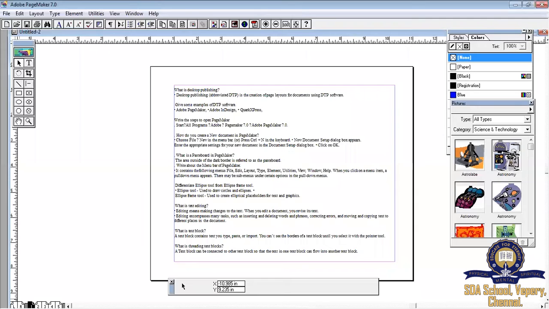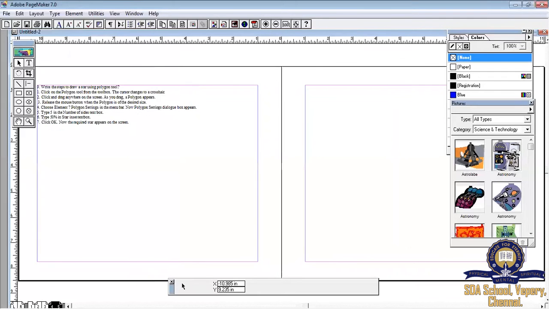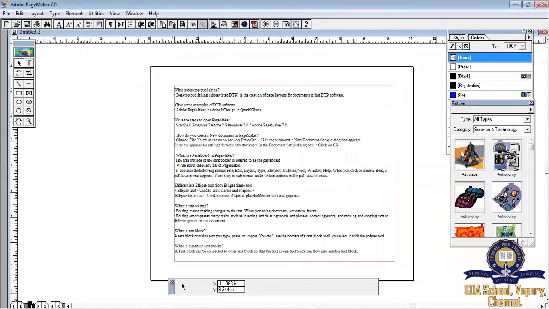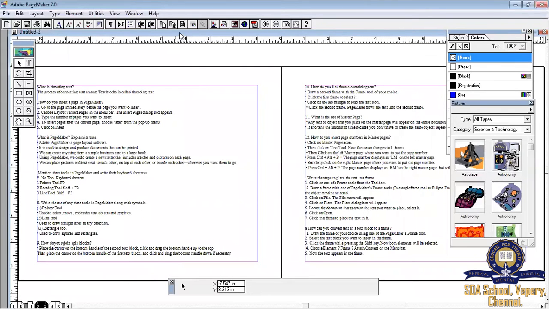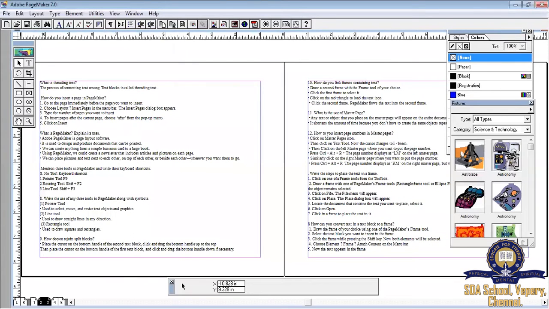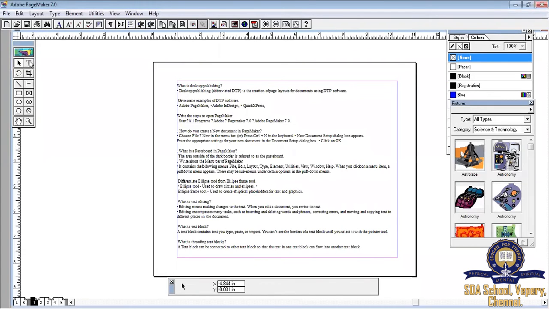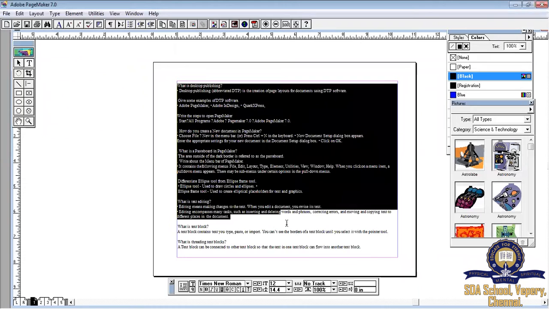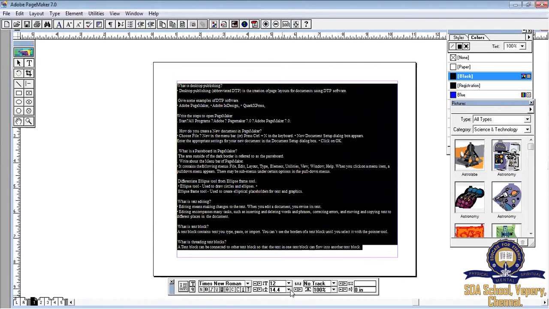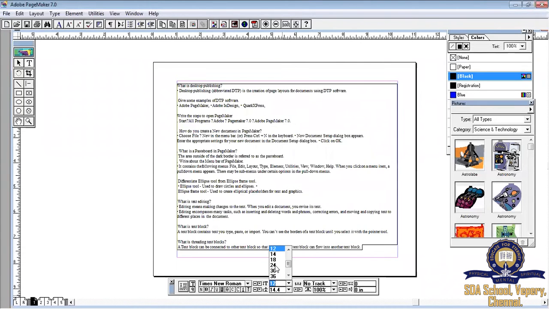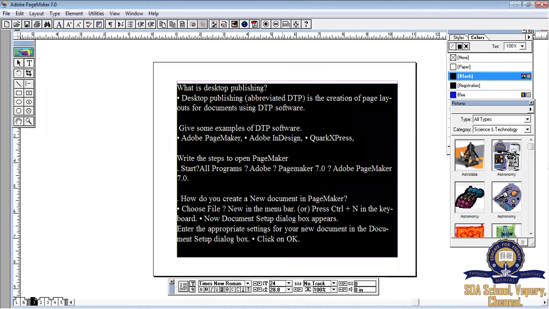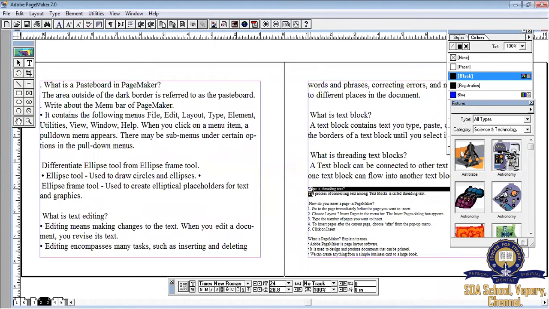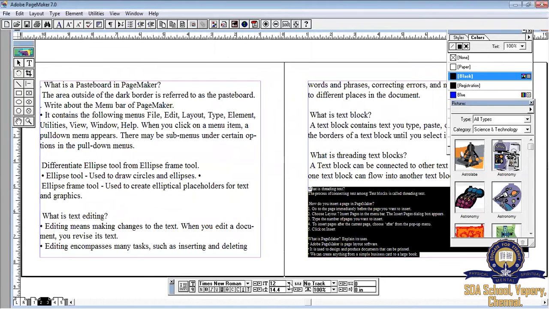We can see the pages are created automatically. At the bottom, we can see a total of 5 pages are created here. Are you able to follow what I'm saying? 5 pages. This is not manual. This we call automatic. See, the text size is very small. We can do one thing. Select the entire text. We can change the font size. So go to every page and change the font size if you want to increase it.